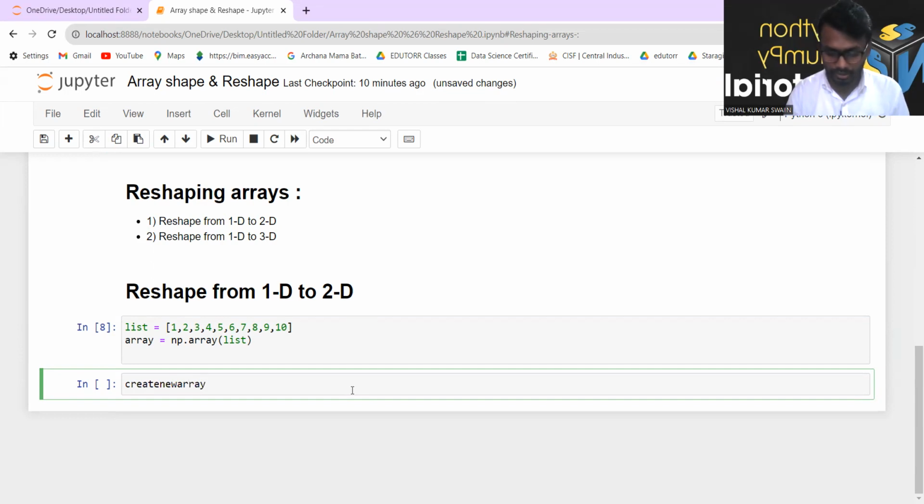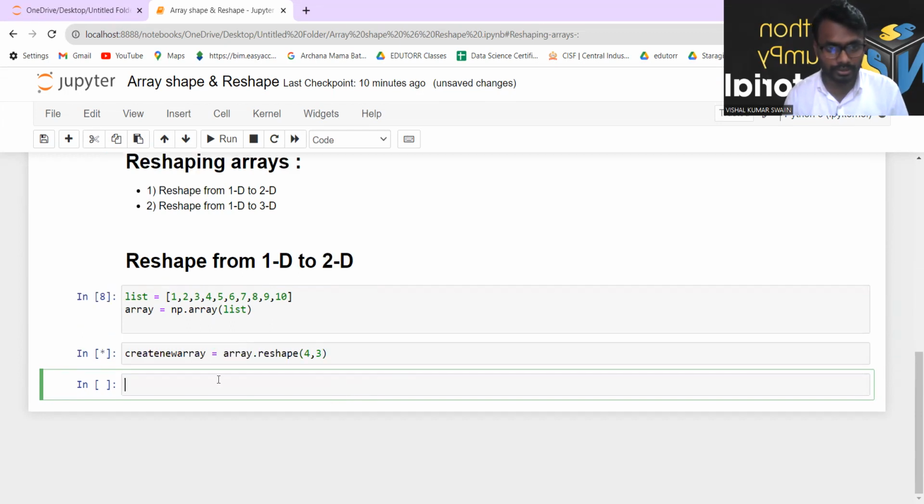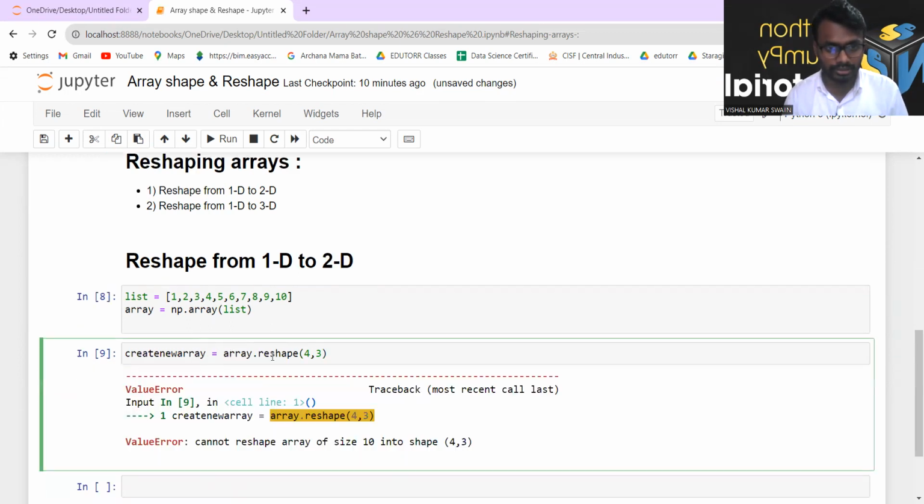Create new array. So it will be in shape of what? It will be in shape of what? Array dot, we have to reshape it, because it is in one dimension. So we have to just reshape it to 4 comma 3. Let 4 comma 3. And now if I will just execute this one,